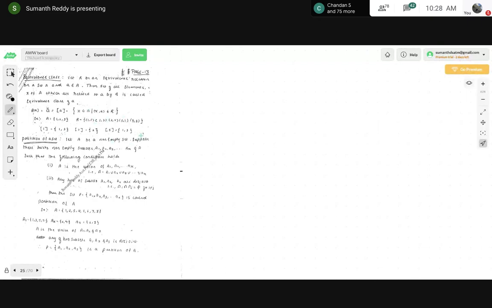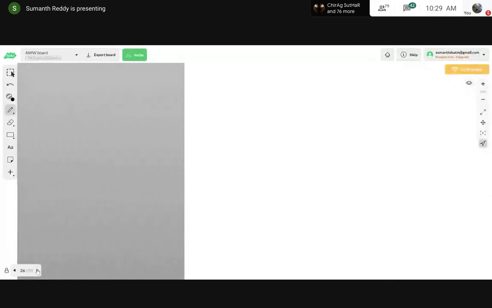I think in the previous class I explained what this equivalence class is. This is the general definition: I will include those elements which are related to the element for which I am finding the equivalence class. I think I have already explained these things, so no need to explain this further. I will share the notes with you. You just refer to that. If you have any doubts, you can get back to me.